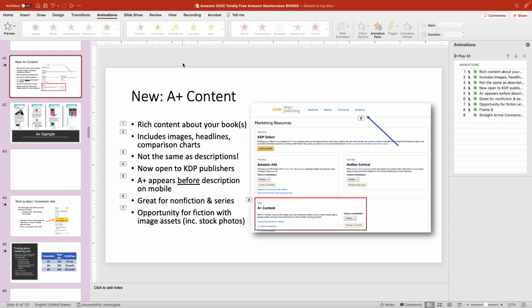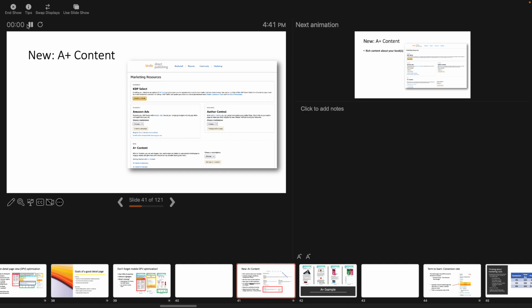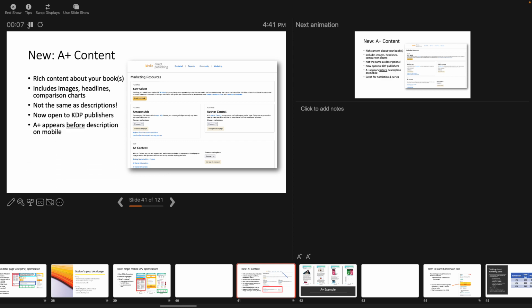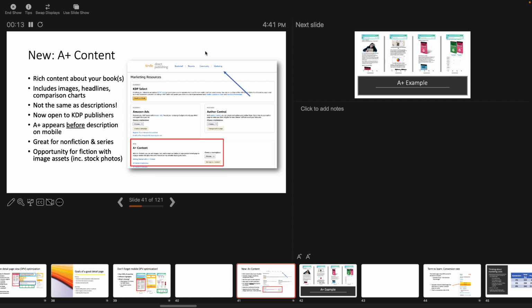So let's take a look and see what that looks like. So I'm going to go to Slideshow, play from the current slide, and then as I press the arrow key or the PowerPoint clicker, you can see they appear one by one. So there's 7 bullets. They'll all go through that. And then when I press the 8th time, the frame and the arrow appear at the same time